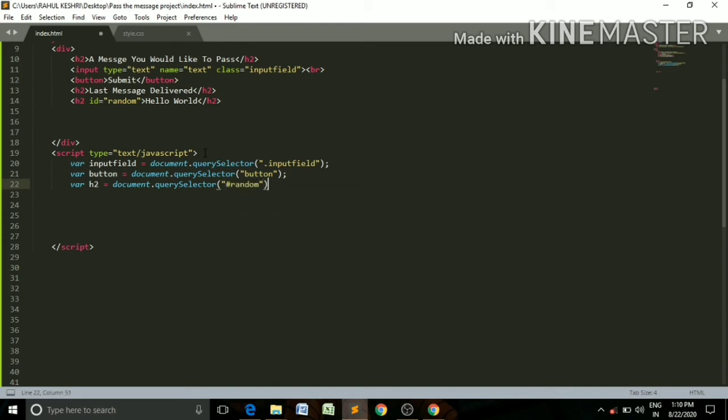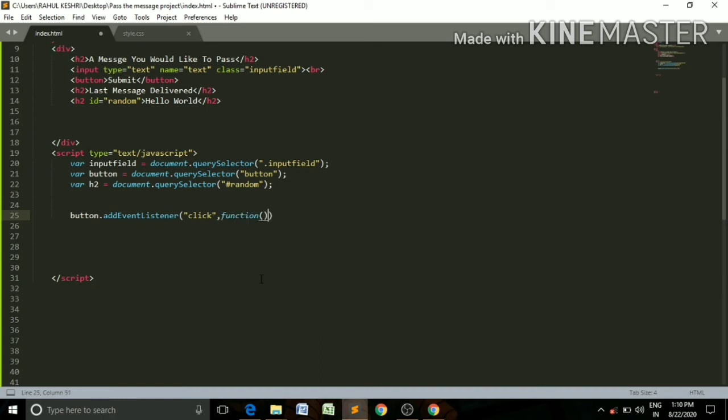And to perform an event, we will have to use addEventListener for this button. So button.addEventListener, here click as the event, function.